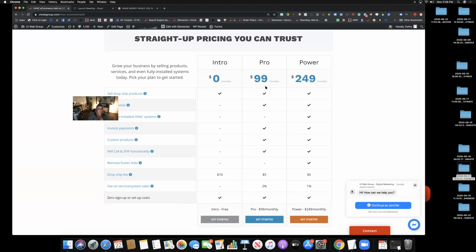The intro version allows you to sell and drop ship products that are already in our inventory and shipped from our partner's warehouse directly to your customers. These would include furnace filters, water panels, and other consumables that we can put on your website. You set the margin or the markup. All you do is forward your customers to your website.